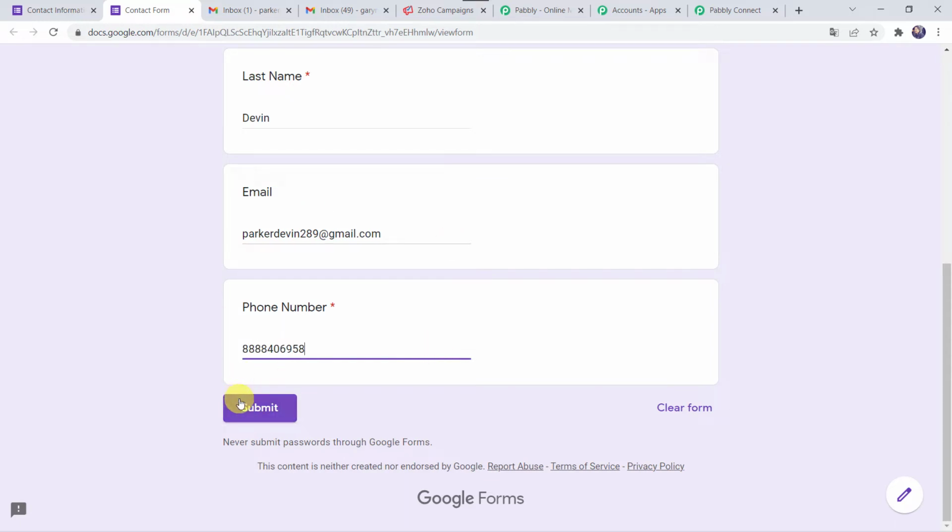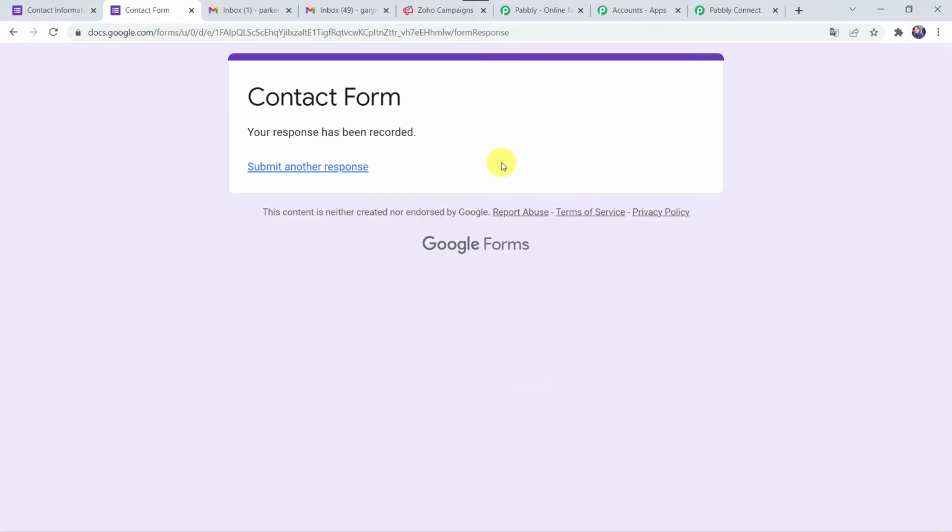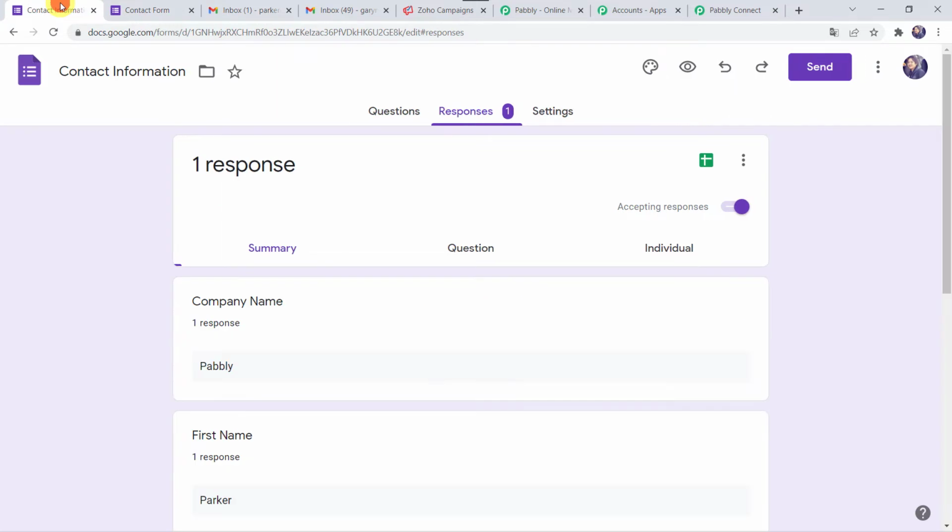And let's click on submit. Okay, your response has been recorded. So the form has been filled. Let's move back to the Google Forms and here in the responses we can find the company name and the